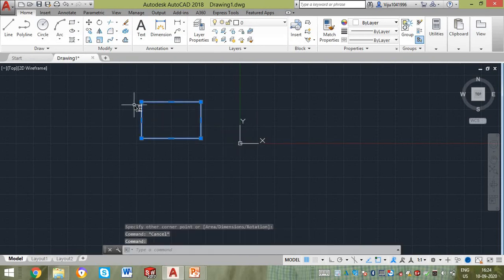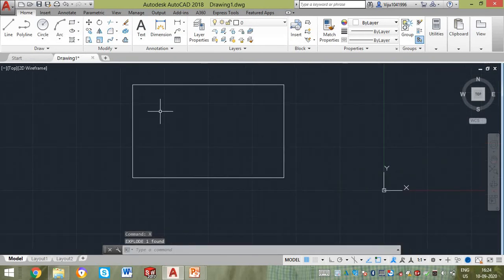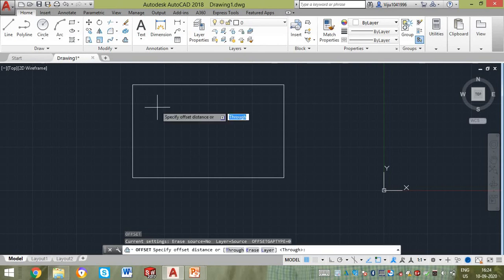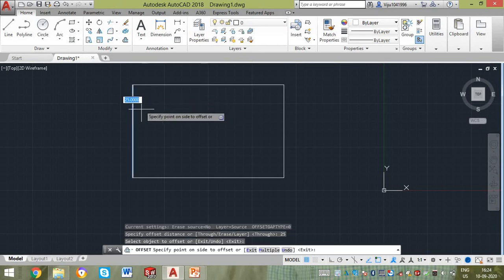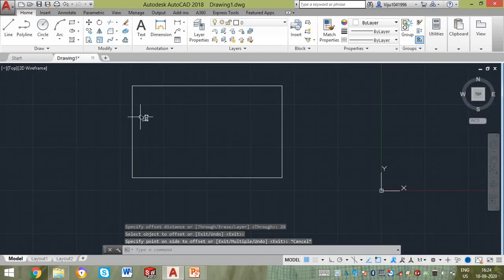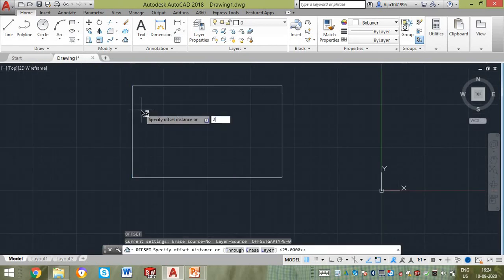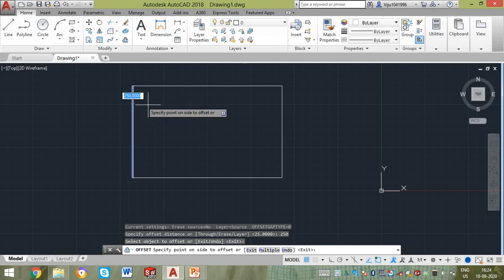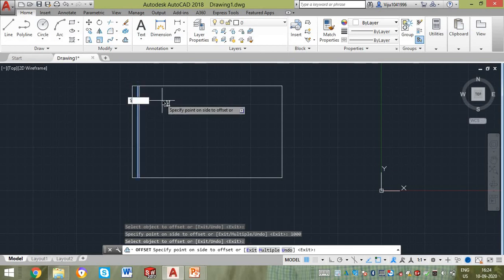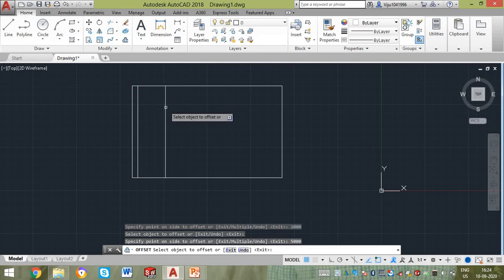Next we have, last but not the least, the offset command. Offset is nothing but moving a particular line or particular surface or particular sketch to a certain distance. If I want this particular line to be offset by 250, or if it is for 1000, you can give 1000.